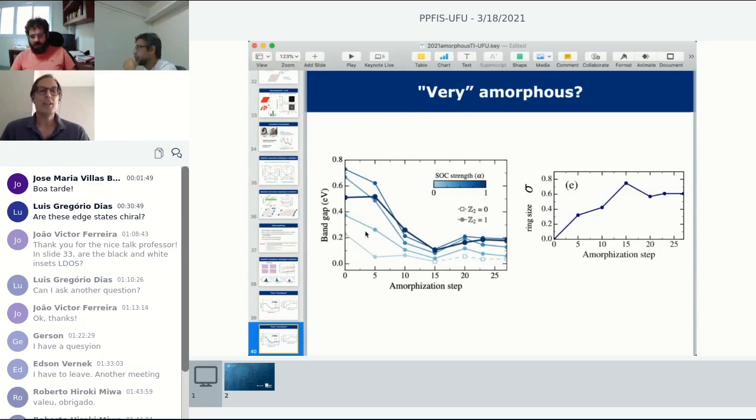And what we learned is that if you make the spin-orbit interaction weaker, then obviously the topological band gap will shrink, will become smaller. And what happens if it's sufficiently small, in this situation like here, as a number of amorphization steps, at some point it's no longer topological. So in between here, this is a stroboscopic picture, so it's not a continuous transition. But between here and here, something happened, the gap closed, and you have a quantum phase transition.